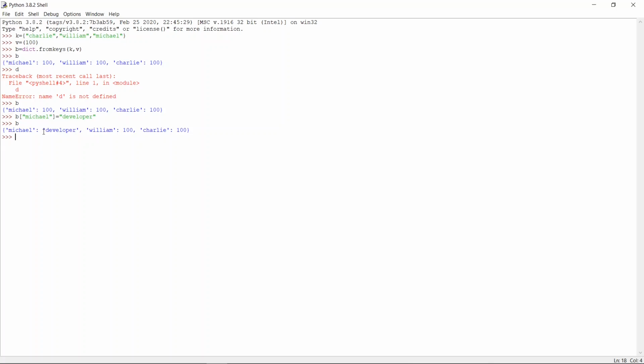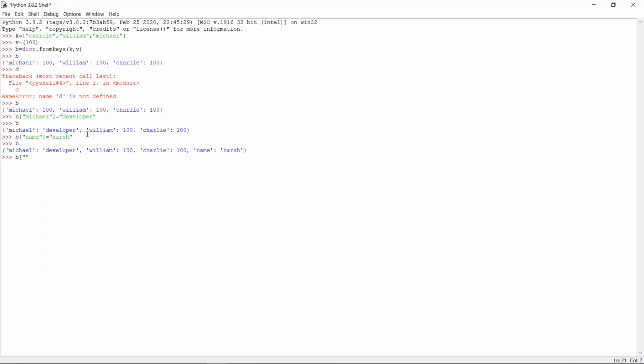But if there is no such key, what happens? I mention a key name that is not in the dictionary. Here I want to change Arsha. Let's print, what does it print?